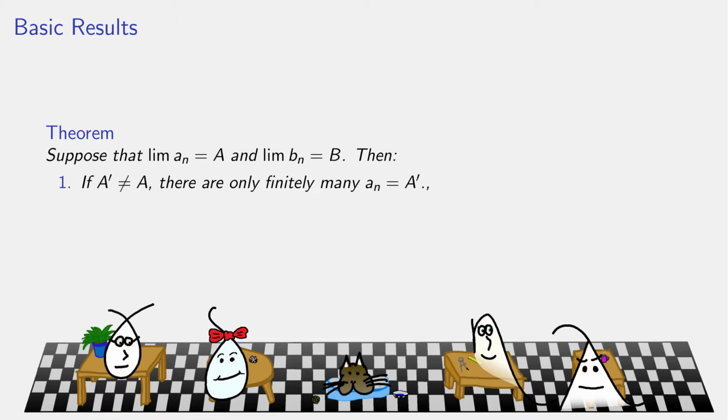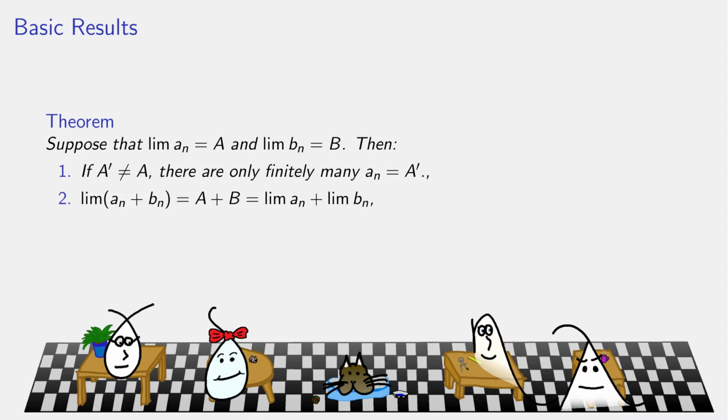First up, if A prime is a number that isn't the limit of the a_n, at most finitely many of the a_n are equal to A prime. Observe, I'm actually not saying anything about how many terms of the sequences are or are not equal to A, just if A prime is one specific number that isn't the limit of the a_n, at most finitely many terms